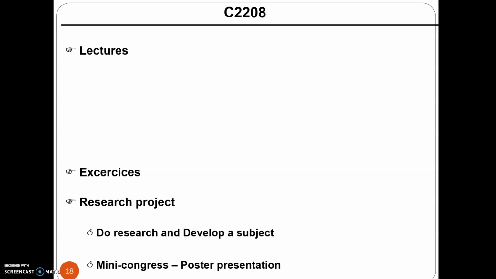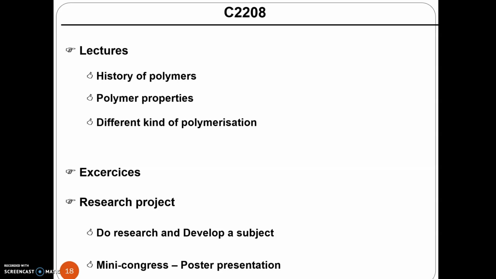So we'll just take the lectures and we do some exercises, and these lectures are divided into many parts. We'll start with the history of polymers, and we will talk about the polymer properties, and we will talk in detail about the different kinds of polymerization, and we will give some applications.